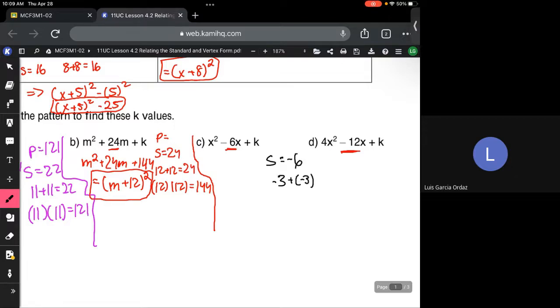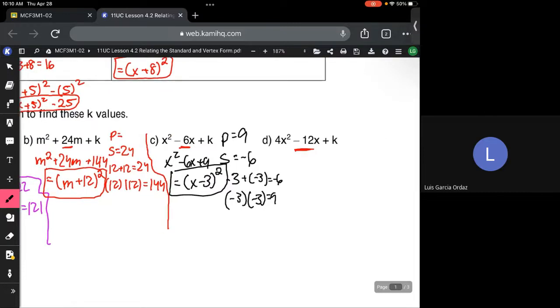So my product is going to be 9 because negative 3 times negative 3 is positive 9. So as Camilla said, I'm going to get x squared minus 6x plus 9. So my factor form is going to be x minus 3 squared. We all got that far, right? We're good? Okay. Now D is a bit different only because we have a number in front of my x